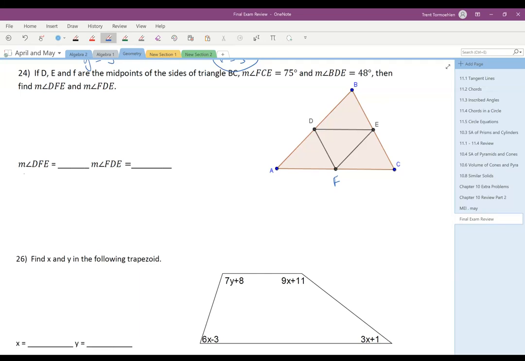So for number 24, it says if D, E, and F are midpoints of the sides of triangle ABC, and the measure of angle FCE is 75 degrees, and BDE is 48 degrees, find DFE and FDE. So we remember that if these are the midpoints, then these segments, DF, is called a midsegment. And there's a theorem about midsegments: the midsegment is half the length and parallel to